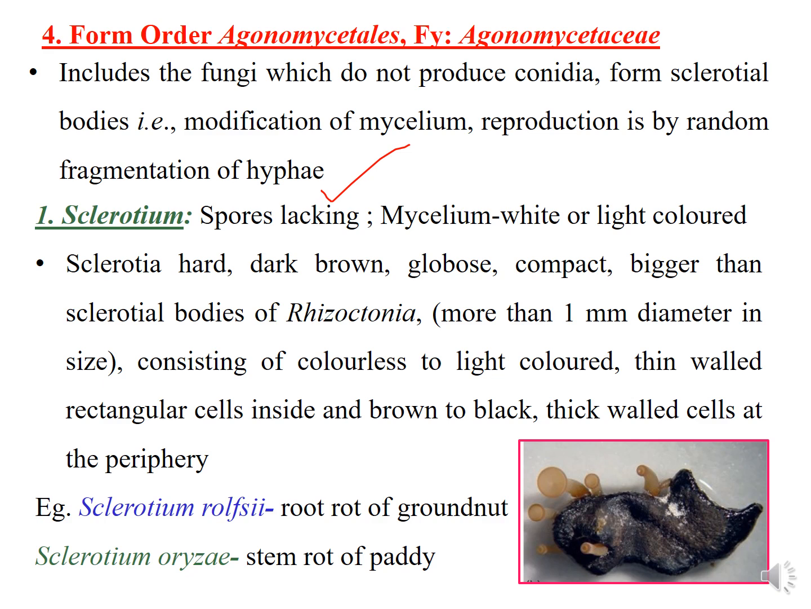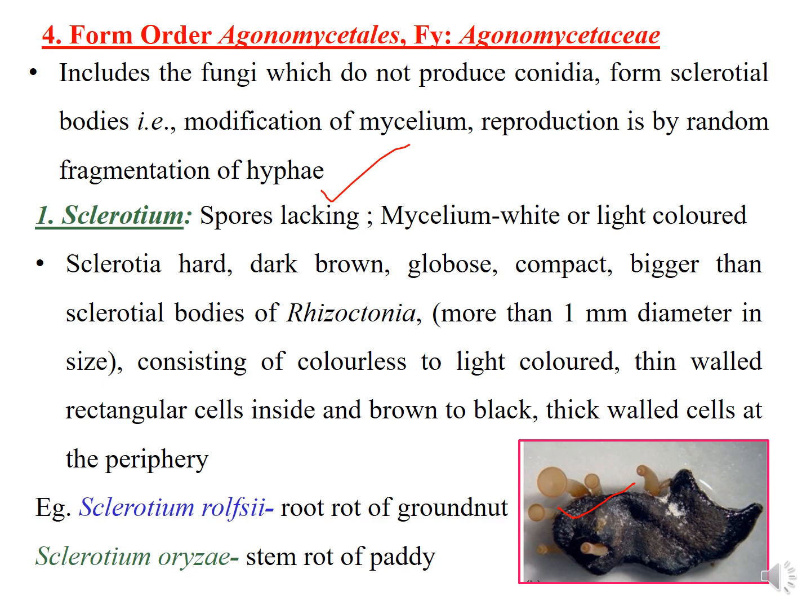Coming to Sclerotium, spores are lacking, that is spores or conidia are absent. Mycelium looks white or light colored. Even in paddy, if you see, you can find this white colored nature of Sclerotium. Sclerotia are very hard and dark brown in color. Here you can see in the picture, and these sclerotial bodies used to be round in shape. Oblong sclerotial bodies also we can see, and compact,